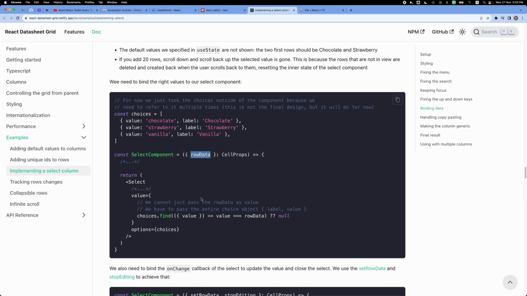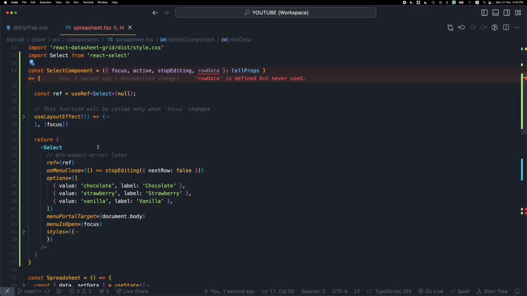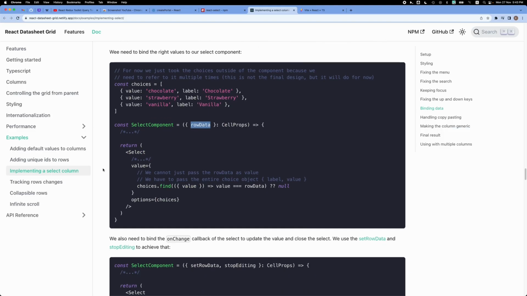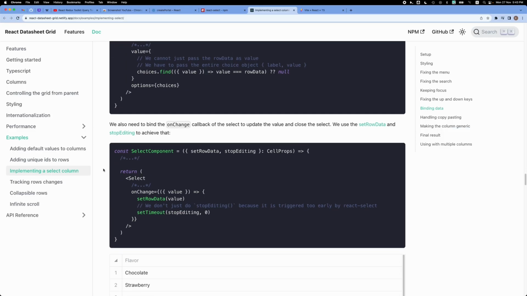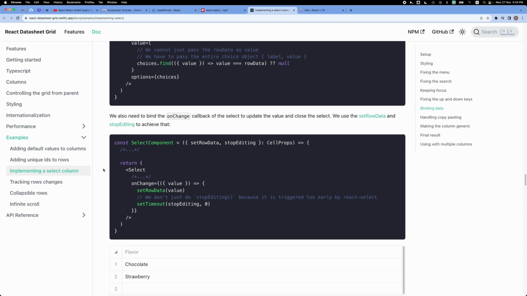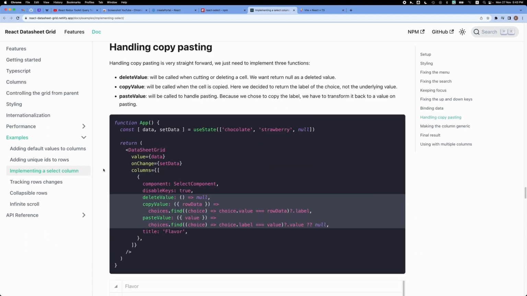Okay, this is pretty much... okay, that's not going to work on my side. Let me see how this goes. Like set row data and copy pasting,